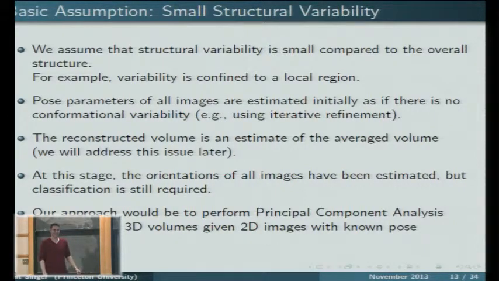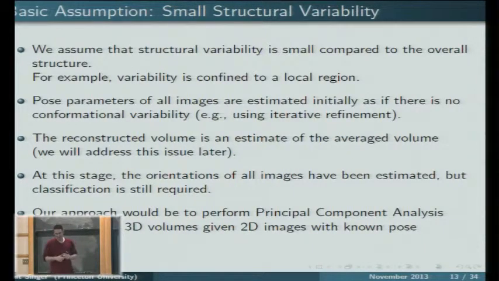When you say the variability is small, do you mean that two different variants are very similar, or do you mean that there are a small number of different variants? No, I mean that the change in the structure from one conformation to another is small. That should make life harder, right? If you have two different structures that are completely different, wouldn't it be much easier to tell them apart? Maybe, but I want to make my life harder, and